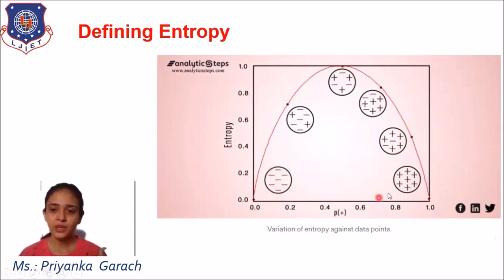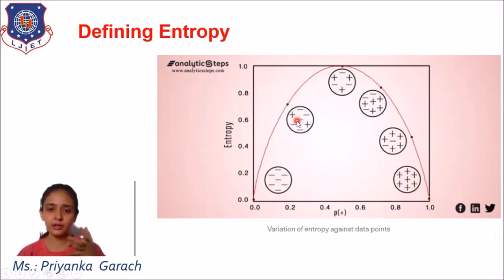So now you can understand this particular graph: at this position I have all the class labels as no, and at this position I have all the class labels as yes. So maximum purity is present at both the ends. When we go in the upwards direction, you can see that there are 5 minus and 2 plus.